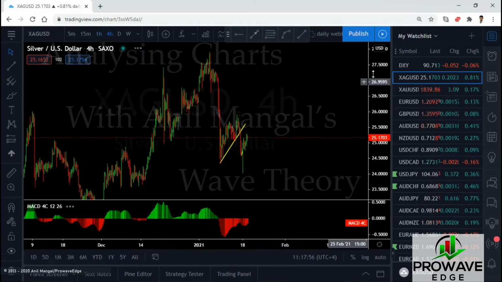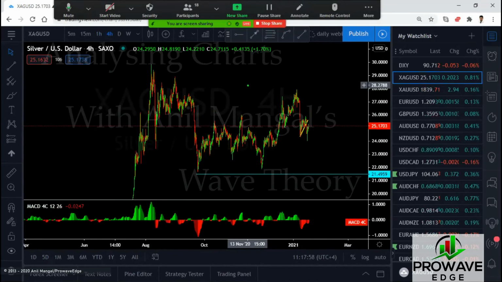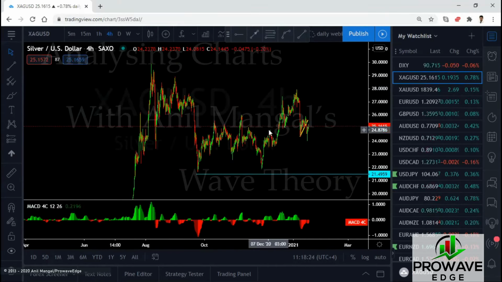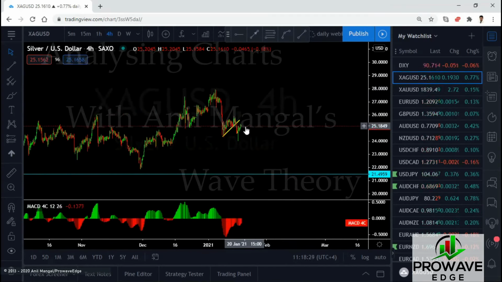Long term, this has a bigger pattern. On the long term, this has a very complex pattern developing here. This didn't break the low, and that means we are anticipating this, even if it goes back up, to come down here. Even if it goes back above this stop, to come back here. There is one situation where it will not come back and it will break this stop. That is if we assume this is a contracting flat. We never make that assumption. Even if we think it's a contracting flat, we don't do the forecast of a contracting flat. So we will trade this up or down depending on what setups we get for the day.